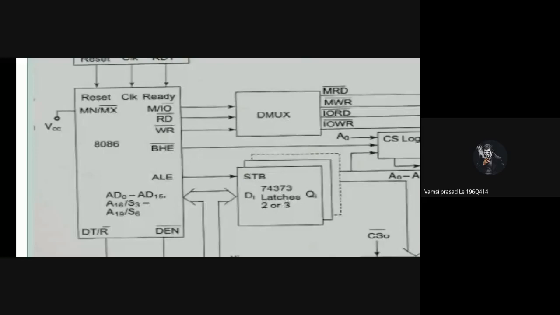But in the case of maximum mode, when we make the microprocessor operate in maximum mode, components like direct memory access and others connected to the microprocessor will take charge of the operations of the microprocessor. They also act as processors by controlling the activities. So maximum mode is called multi-processor mode, and minimum mode is called single processor mode.